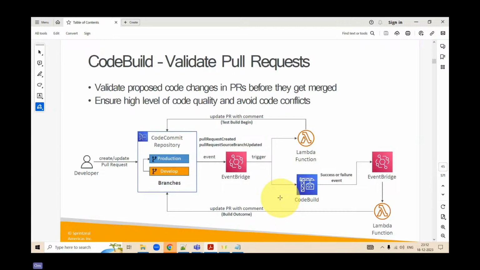Now, this is interesting. How to validate a code request.